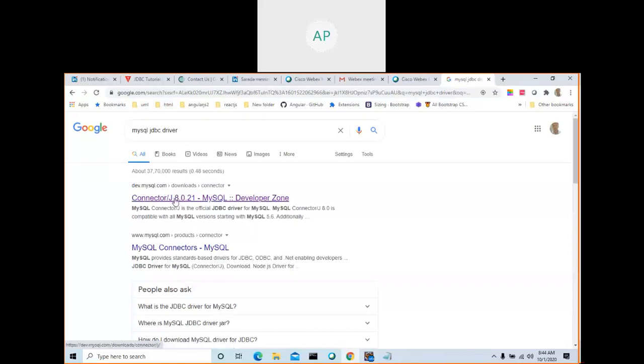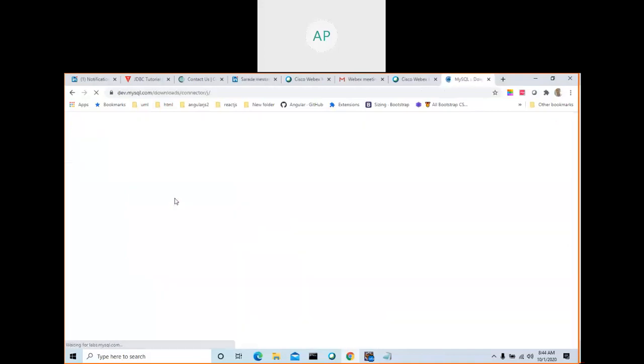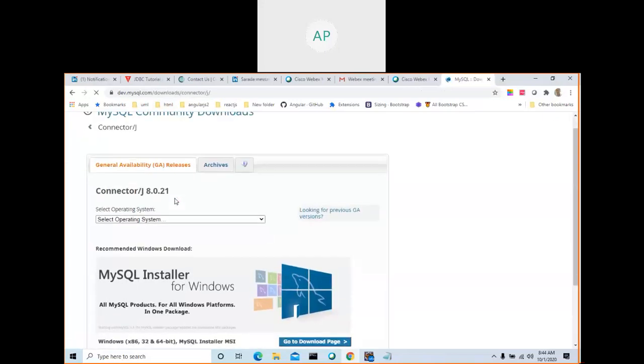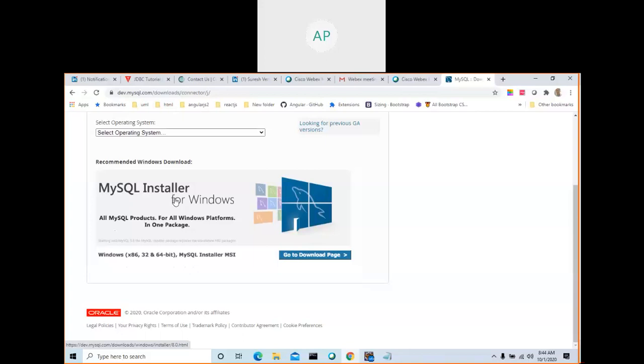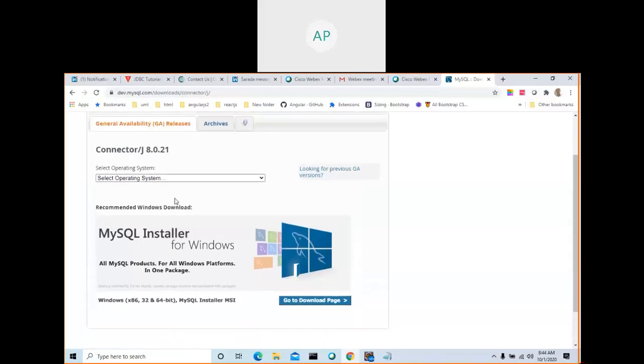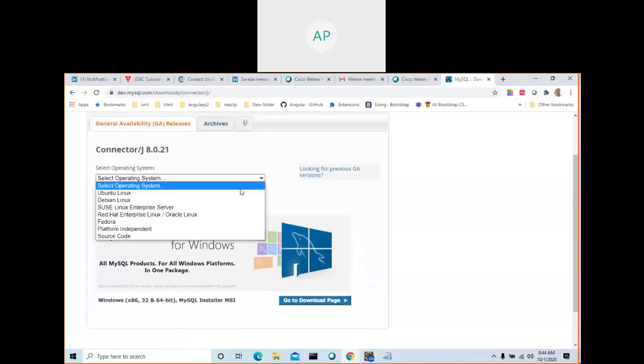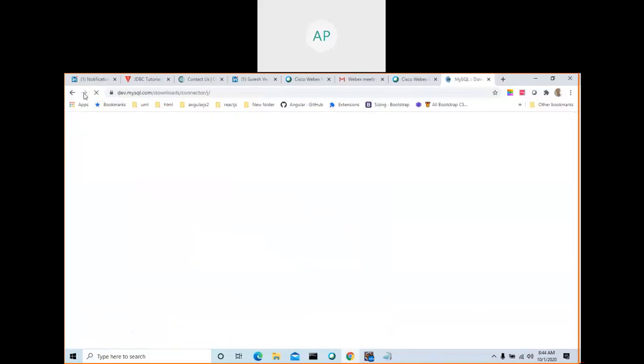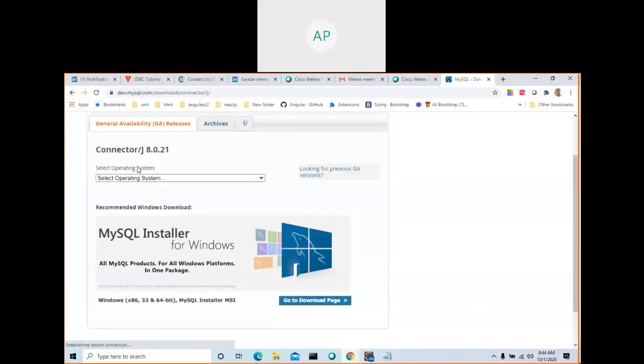Here you can go and download this one, right? Connector/J 8.2.1. So this one you can download from here. Go to Windows.